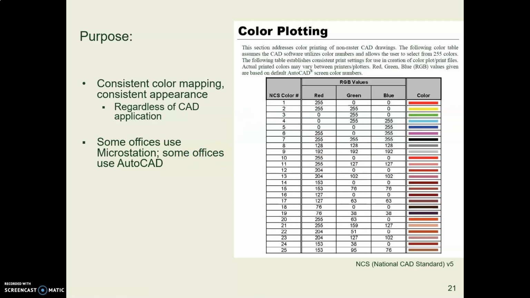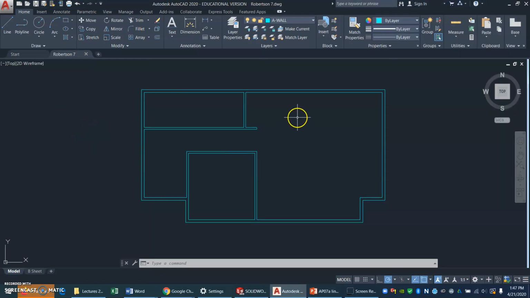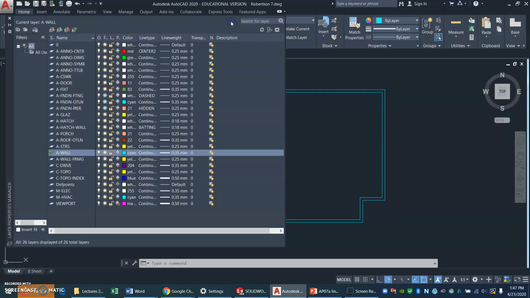Let me just real quickly show you the red, green, blue, and HSL color index in case you're interested. If you're not, you can drop out of this video now. Here is our AutoCAD title block again, and I'm going to click on the layer properties. Here are the colors that we have set with these different layers. So here's my wall layer. If I click on this color,